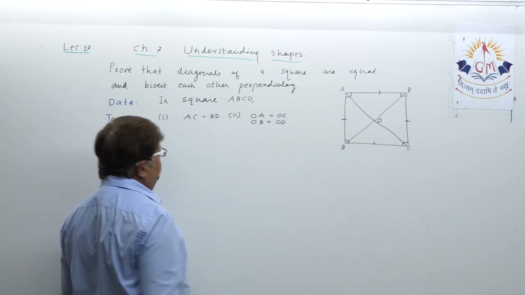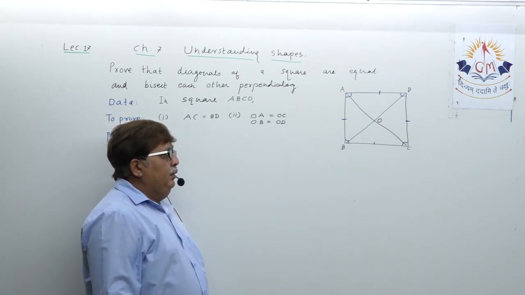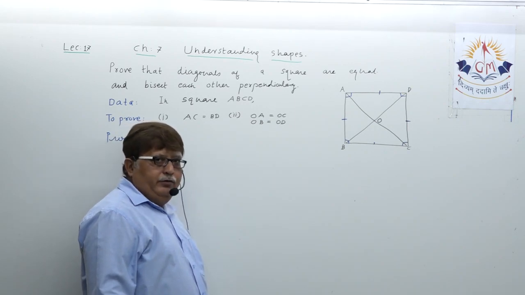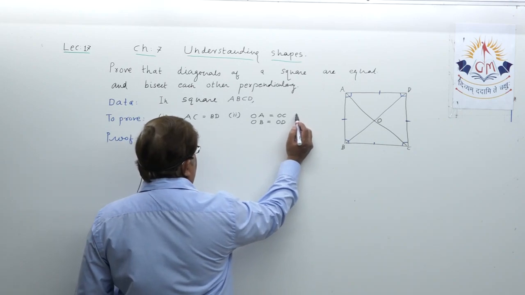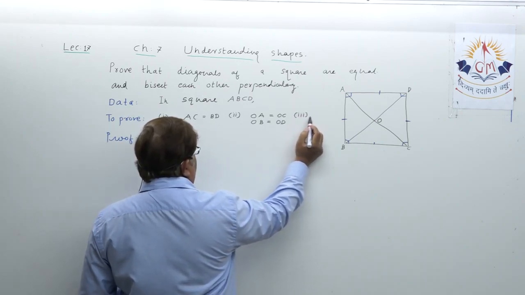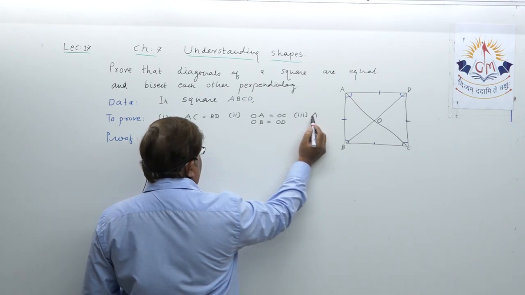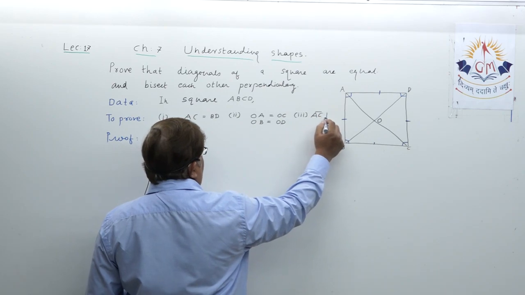That means diagonals bisect each other. And then the third fact which you are going to prove is this, that diagonals bisect perpendicularly, which means you will prove that AC